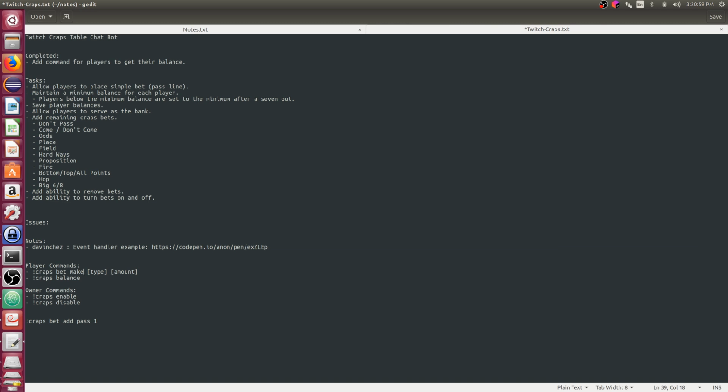We could always add variants of this if people want. We could have make and add and place be all synonyms for each other. And we can also make it so that if you don't say the word add or make, it defaults to placing the bet.